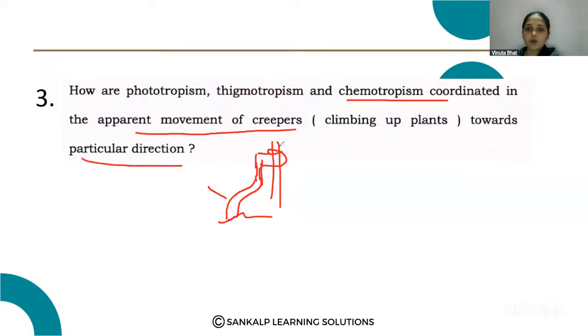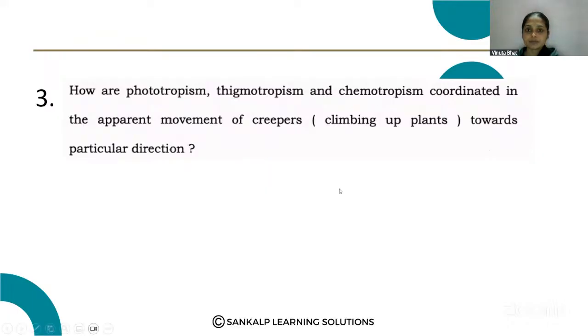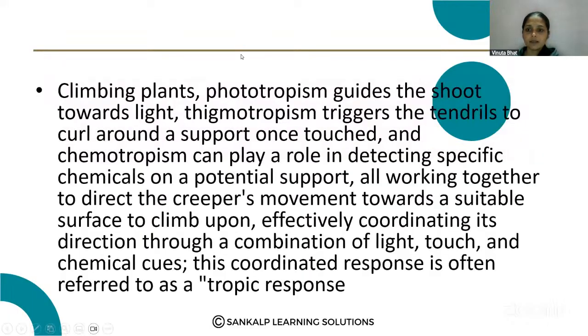So this chemotropism is also present in the plant. All these tropisms help the plant to grow in a particular direction. Here is the answer for this question. Climbing plants,